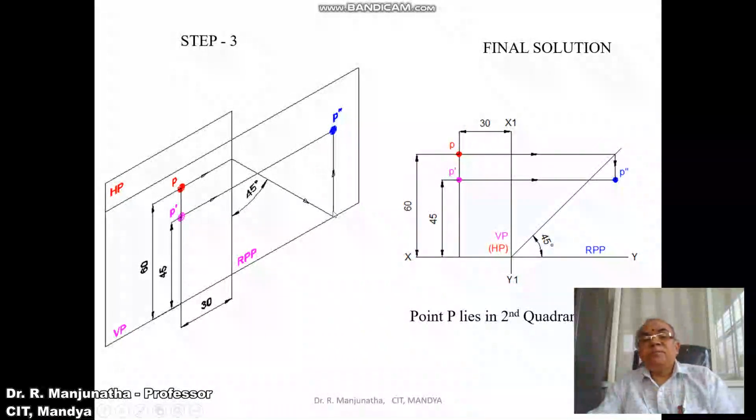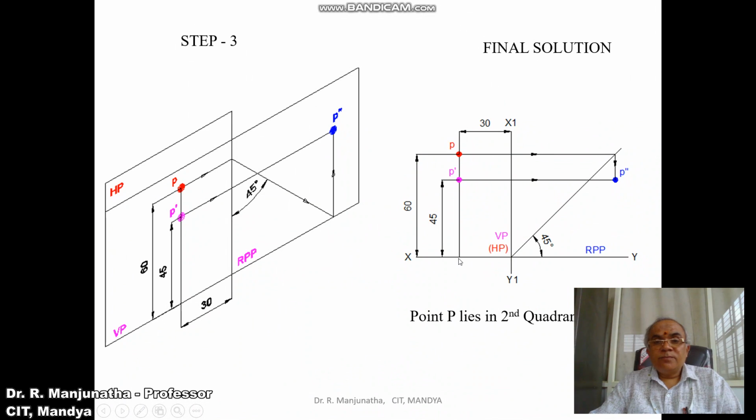The distance behind VP can be seen in HP. HP is also above the XY line. So from here you measure the distance of 60 mm and mark this point as small p. Then where you have the front view, on that line you are going to get the side view. So you draw a vertical projector from the front view to the profile view, so that the distance which is 45 mm above HP, seen in the vertical plane, can also be seen in the profile plane. And then the distance behind VP, which is vertical here, has to be transferred to horizontal.